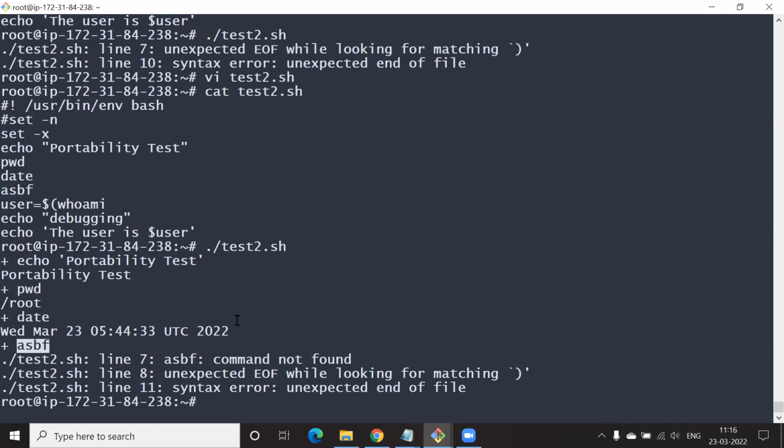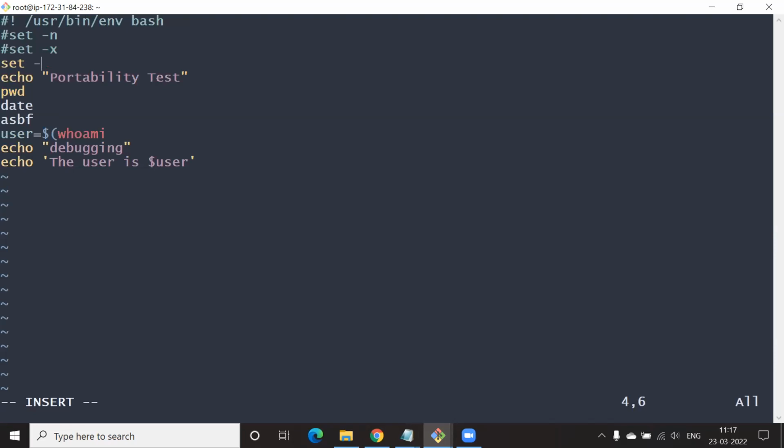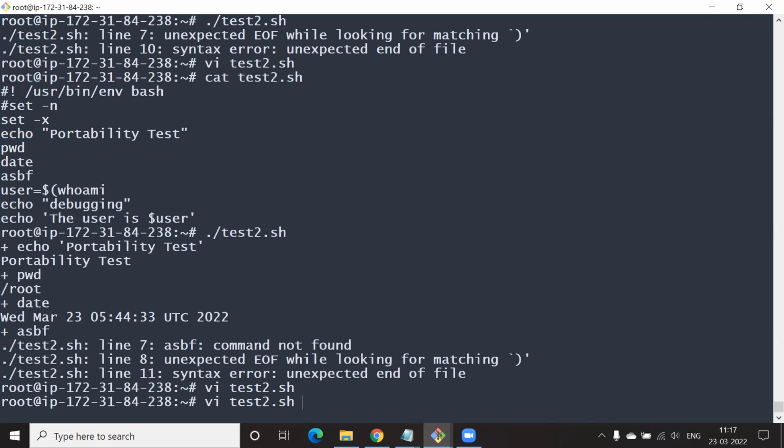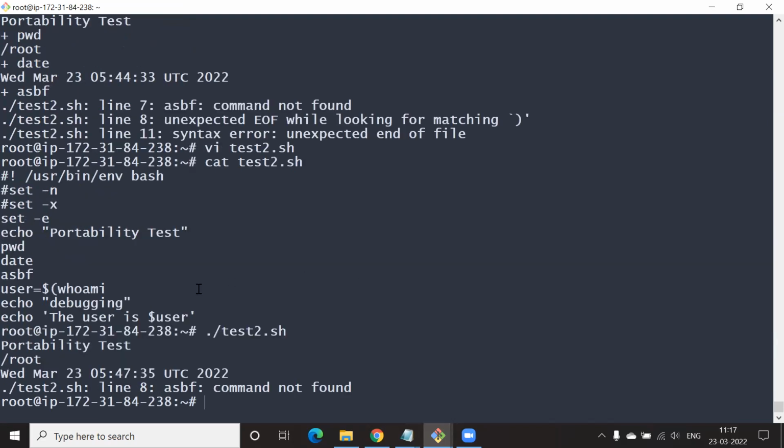Back to the file, comment set -x and type in set -e. Cat it and run it.